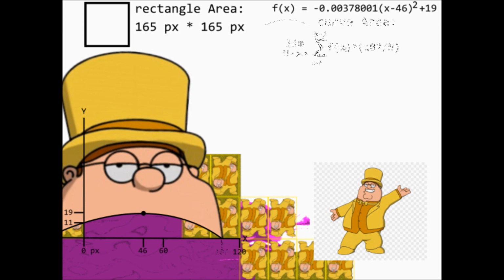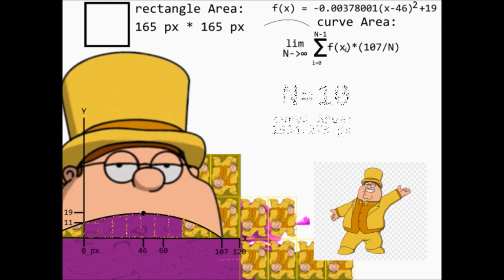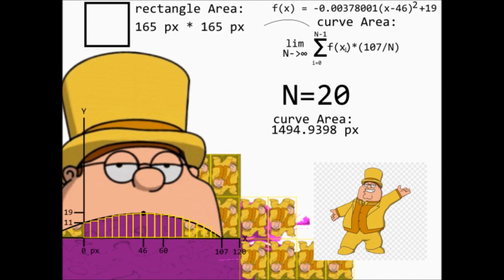Peter says, since we know how to find the area of a rectangle, we can create a variable number of them across the horizontal distance of the curve, then use the value of the equation at their left side to determine their height. Peter says, as the number of rectangles increases, this method becomes more accurate. You can adjust the precision of the answer according to the context of the